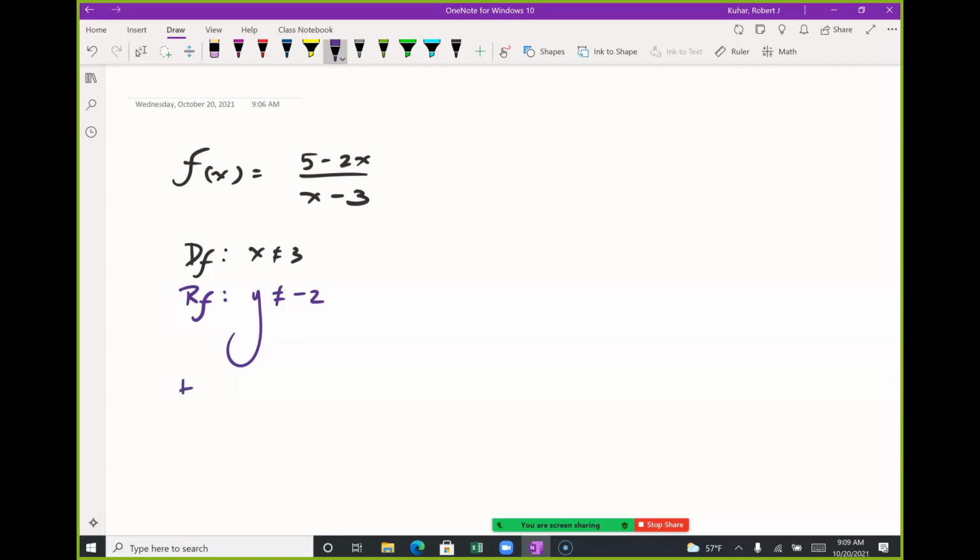What is our horizontal asymptote here? So the mother function of the numerator is -2x, of the denominator is x, right? So there's my -2, there's my horizontal asymptote. I have a vertical asymptote at x equals 3. Yes, these are all related. What about